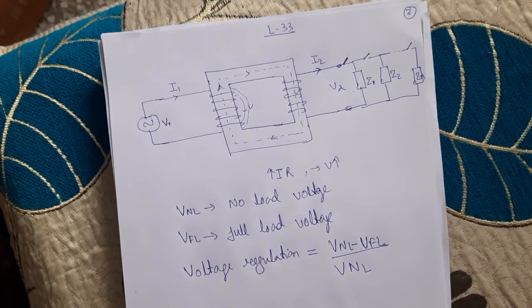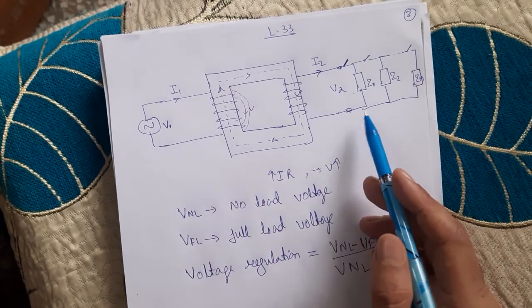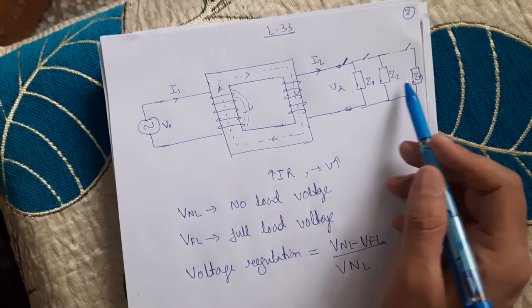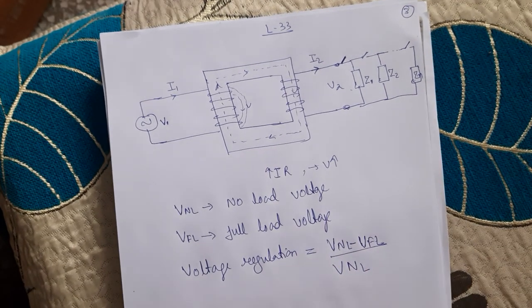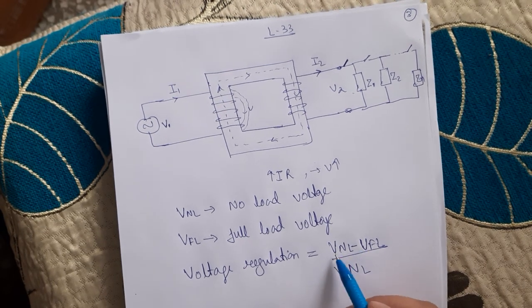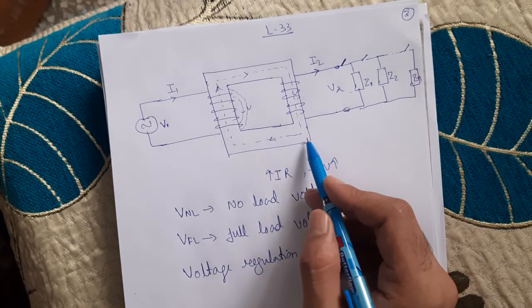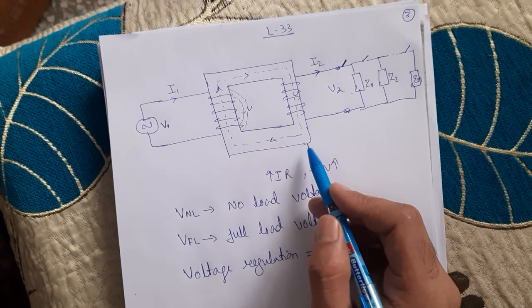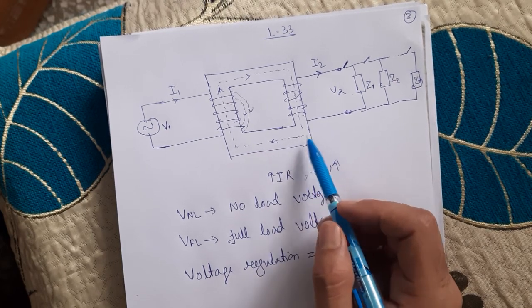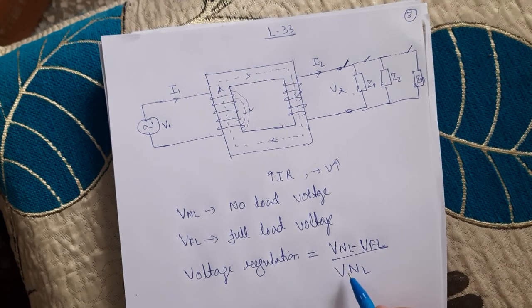Okay, so tell me, if we have a transformer whose output voltage is changing through a wide range with the increase in load, from no load to full load, we are increasing the load, and we are saying that the voltage is changing through a wide range. So at that time we will say that the transformer is not considered as a good transformer. So we should construct a transformer in such a way that the change in the voltage regulation from no load to full load should be minimum.